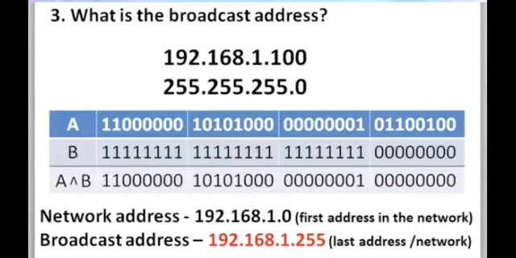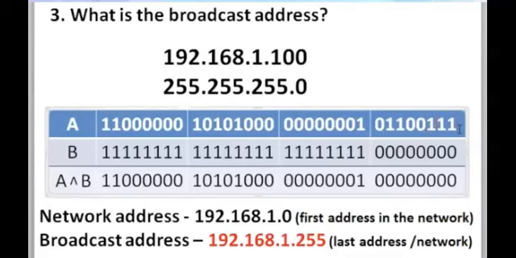192.168.1.255. Let's plug the 192.168.1.255 broadcast address into our table and do the ANDing operation just to prove that it's still within the one network. If we go up here to our table, I can replace this 100 right here in this fourth octet with 255. So now you can see that the IP address is 192.168.1.255. If we do an ANDing operation between the broadcast address here and the subnet mask, you'll see that it generates the same result. Notice a true and a true makes a true, and a true and a true makes a true, false and a true is a false, all the way over. And when we get to the last octet, a true and a false is a false, a true and a false is a false, and you can see that the ending result of network address is still